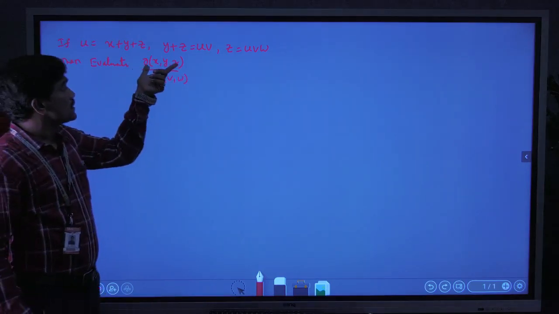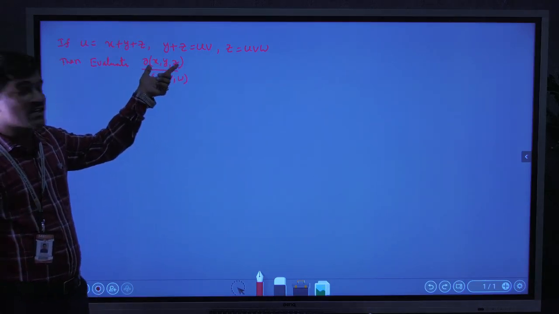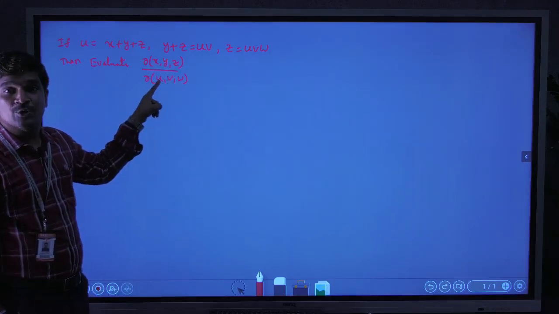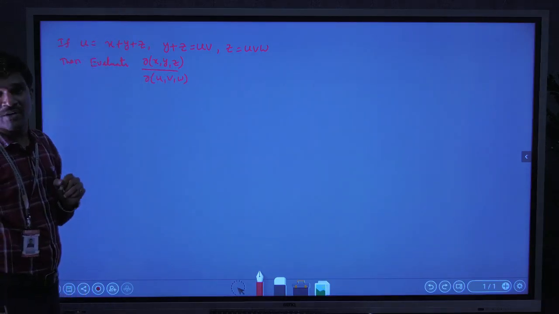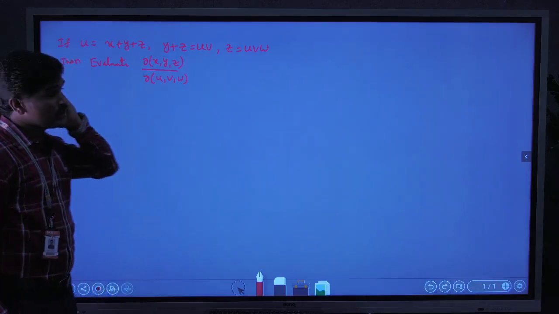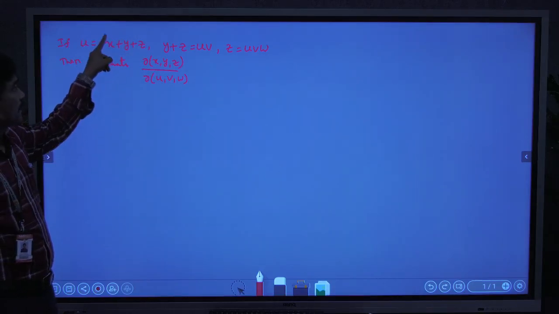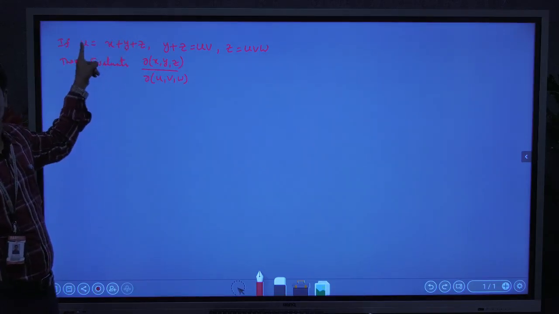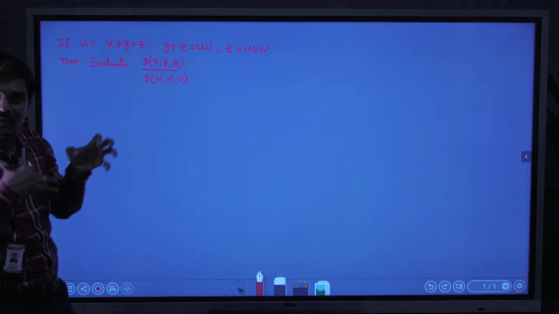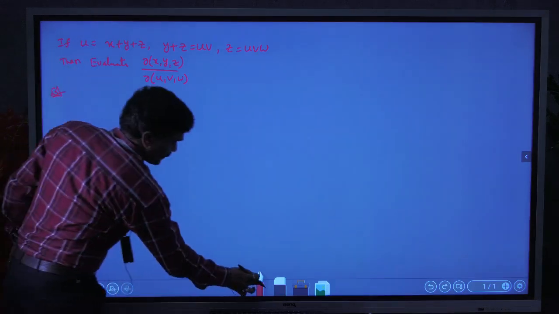So first of all, we are calculating the value of ∂(x,y,z)/∂(u,v,w). Here x, y, z are functions of u, v, w. First of all we have to write these x, y, z values in terms of u, v, w. In the given functions, u is x plus y plus z, y plus z is equal to uv, and z is equal to uvw. So we write the x value in terms of u, v, w only. But here x is u minus (y plus z), which is not yet a function of u, v, w, right? So first of all we have to convert it into u, v, w.